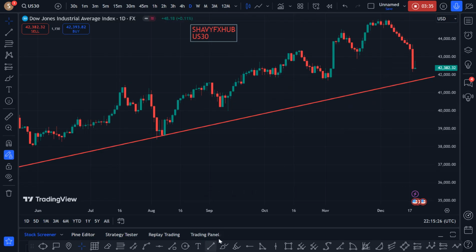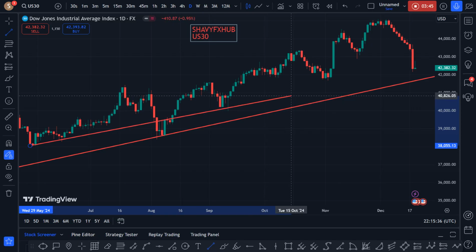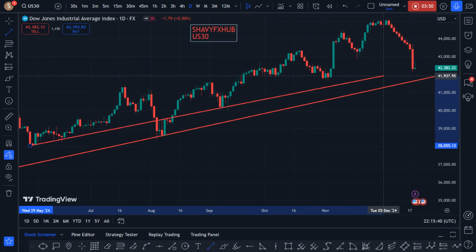We found one structure here, a demand floor, breakout of a supply roof, retest one. So I think